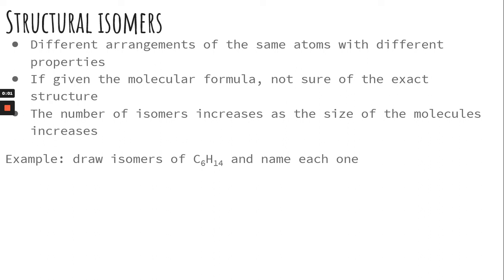Today we're going to talk about structural isomers. Structural isomers are different arrangements of the same atoms with different properties. So you're not changing the number of atoms, you're just changing where those atoms are located. If you're given the molecular formula and not sure of the